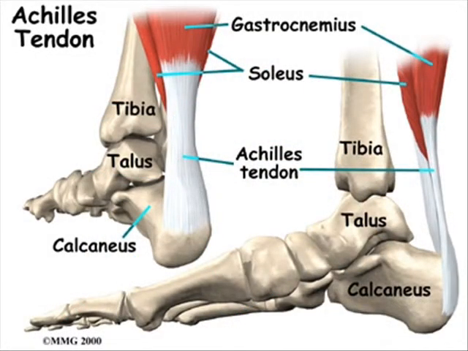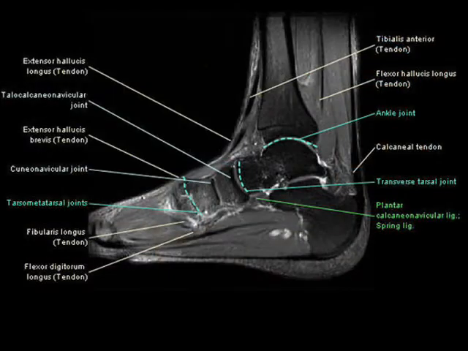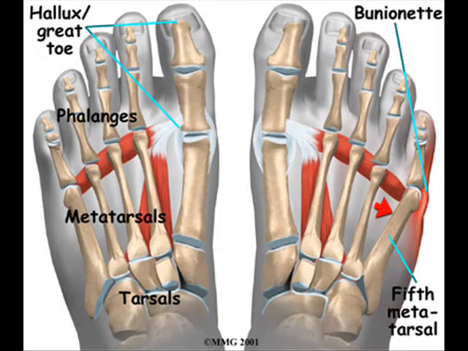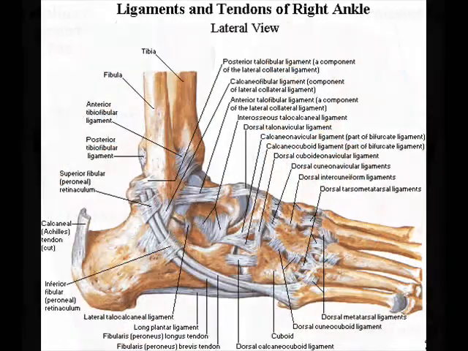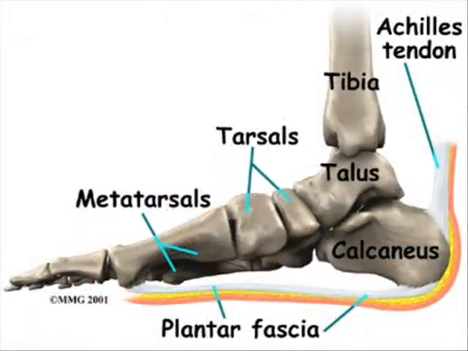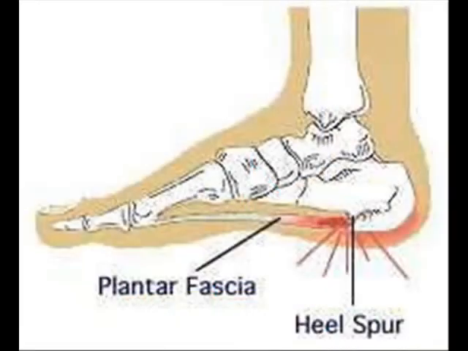It has 33 joints, more than 100 muscles, tendons, ligaments, and the others are blood vessels, nerves, skin, and soft tissue. But there are other parts of tissue. There is the plantar fascia, which is a thick portion in the heel. Well, talking about the